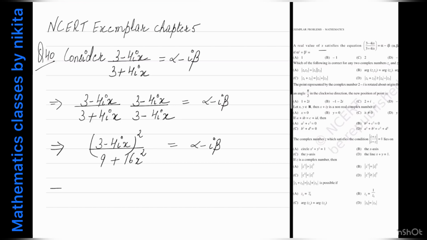And this implies, now open the square, you will get 9, then plus (4ix) whole square, then minus 3 2s are 6, 6 4s are 24, so minus 24ix, divided by 9 plus 16x square equal to alpha minus i beta,